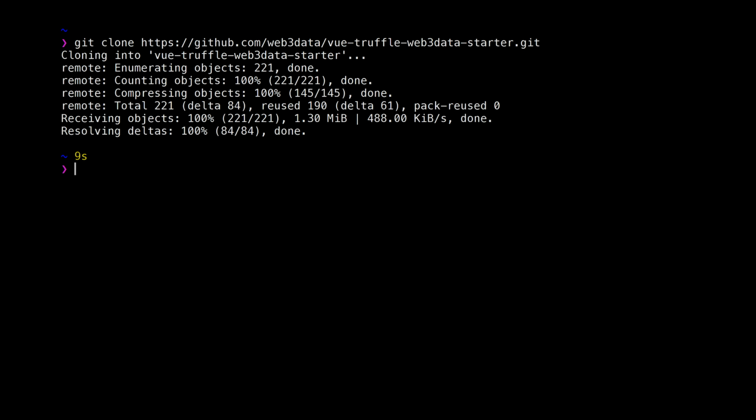We're going to be living in the console for part of this tutorial. We're going to start by cloning the repo, the Vue Truffle starter repo. This will assume that you've already forked it. I'm going to clone it directly from the repo that I've been working with here. Great. Now we're just going to change directory, install the dependencies,